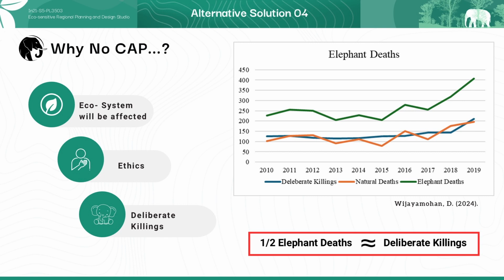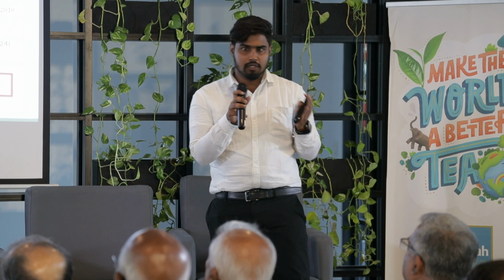Yes, Shahid, why are we not imposing a cap? Yeah, Nusfi. As we all know, elephants are vital for maintaining the natural ecosystem. If we impose a cap on their population, it will disrupt the natural process and also raise ethical concerns. After all, we are talking about controlling the growth of an entire species that are keystone species.